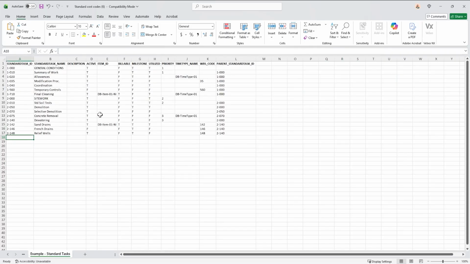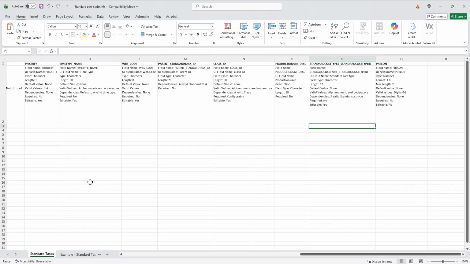So the ID, name, description, item, billable. These are not marked as billable. Where they are marked as billable, they do have an item, because an item is required if a cost code is marked as billable. You're going to want to make them all billable, so you're going to need an item on all of them. Well, that is our recommendation anyway.